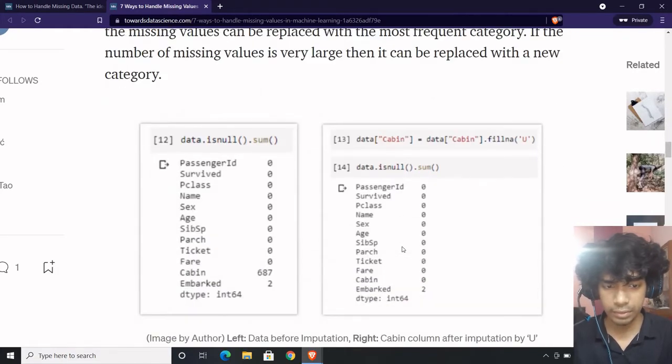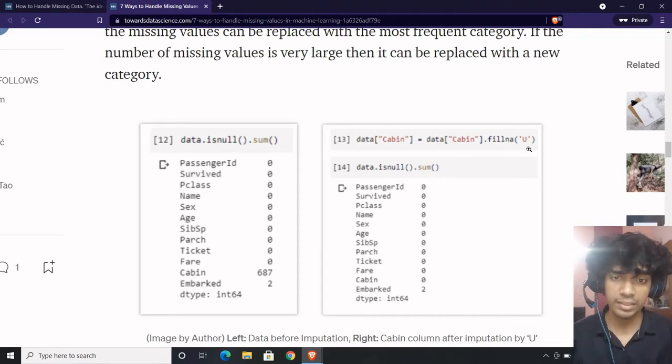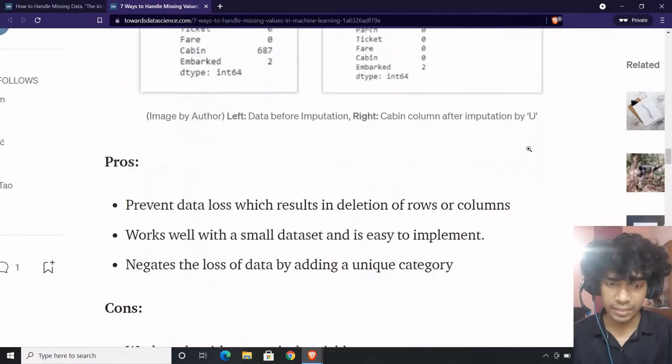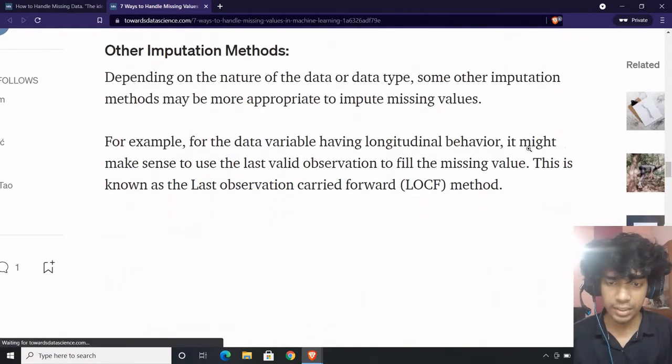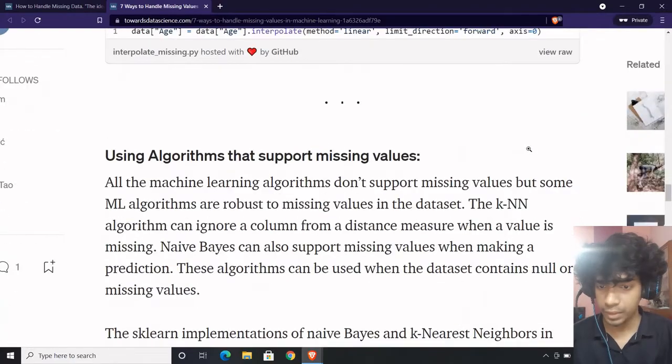For categorical variables, usually what we do, sometimes you fill with any specific value, NA, you might fill with 0 depending upon the use case. Ultimately, you might also fill with 0 because if it is missing, it wouldn't have been there, that is why it is missing. So that is a general assumption. You might fill it with the value 0, or you might fill with any other value. Other imputation methods, not good enough.